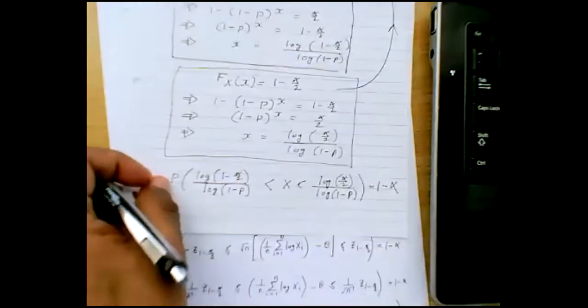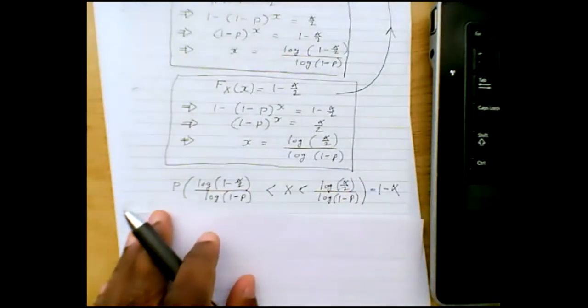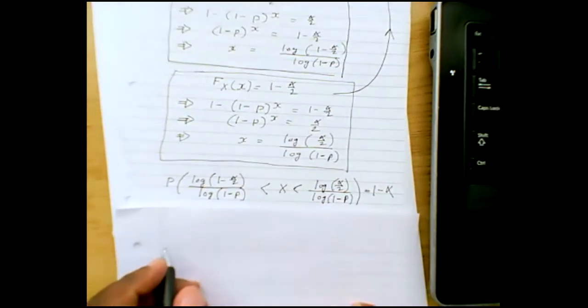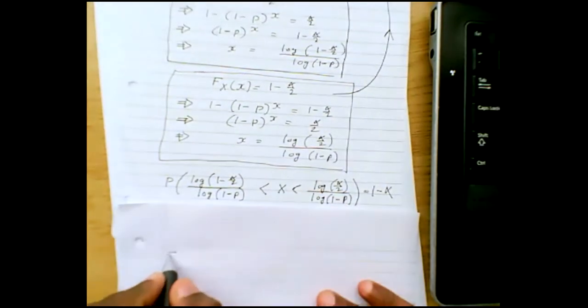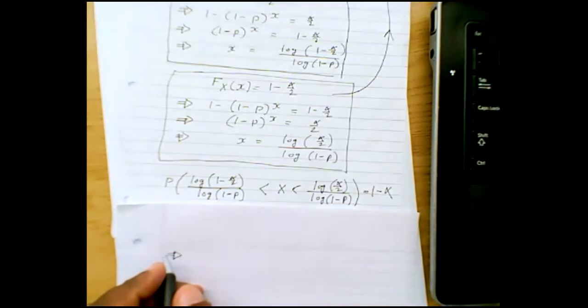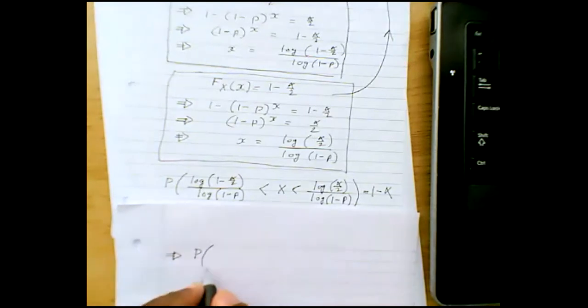So now what I'm gonna do is I'm gonna rearrange this as a statement on P, as a statement on P. So now remember, this implies that if you multiply across by log of 1 minus P, this will be log